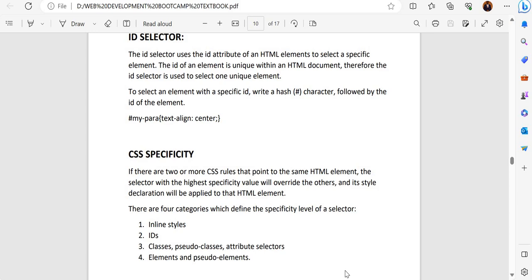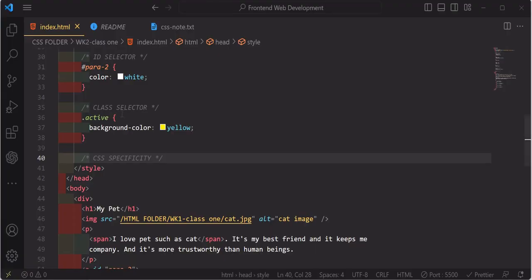So inline styles, ID selectors, class selectors, and element selectors. The list of all of these levels of selector is: element selector, followed by class, followed by ID, and followed by inline. And let us look at the practical aspect of it. Let's say, for example,